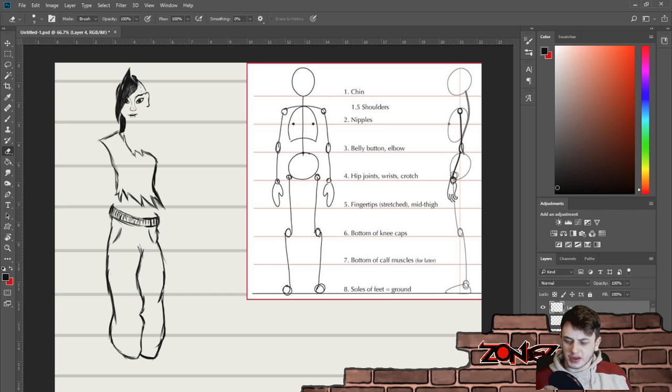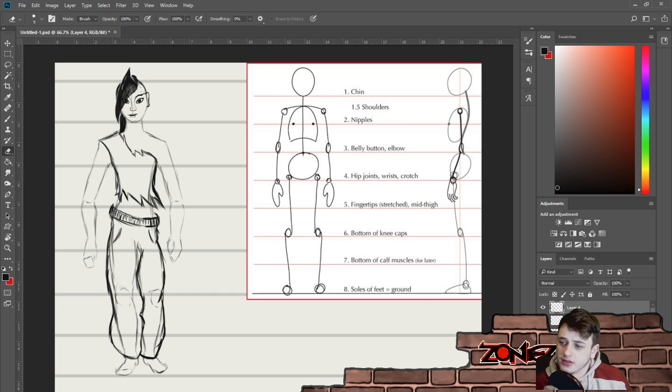Maybe it's a little revealing for the young character that we're going for. So instead of midriff, I think I might do underbody stuff. But it is a desert location, so I guess they can be what they want.